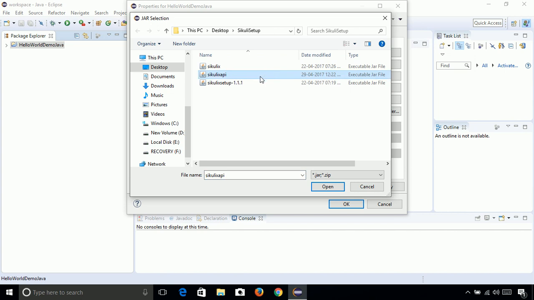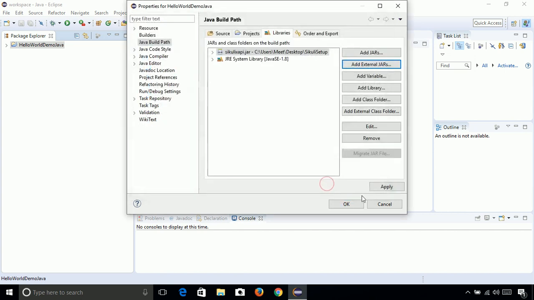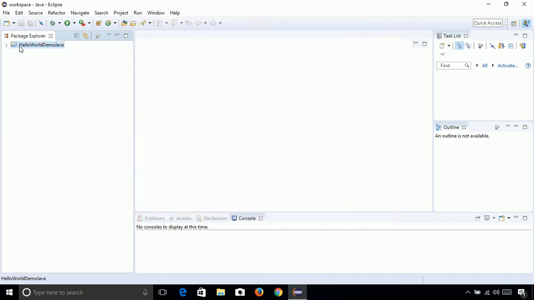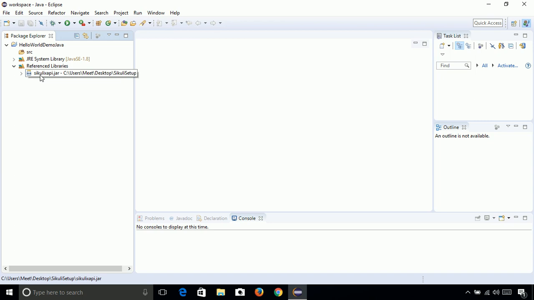So select this Sikuli X API, apply, and click on OK. So that jar file is added in the referenced libraries. When we add this jar file, it implies that we can use the Sikuli classes and methods in our Java file.